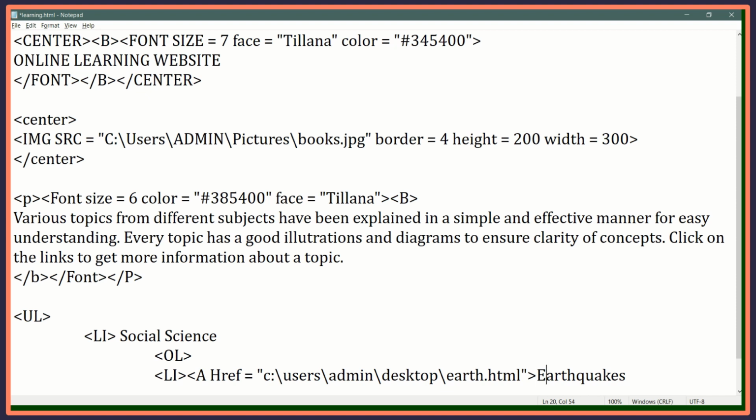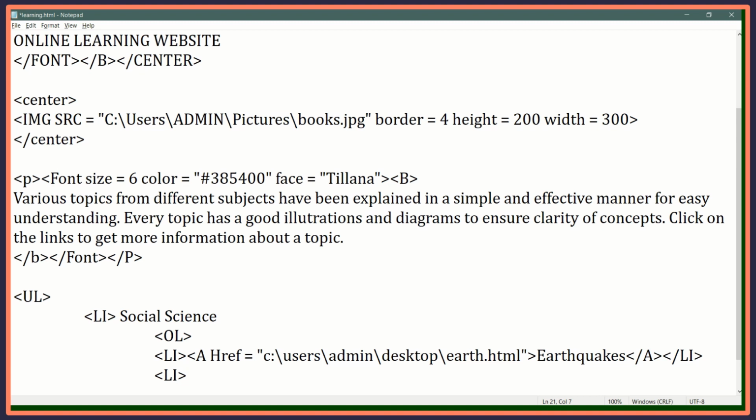Now this earthquake after the bracket. Now I'm going to close the A tag as it is a container tag. I'm also closing the list item. It is also a container tag. Now my first link has been created as a list because in the anchor tag I had enclosed within the list tag. Now I'm going to create the another